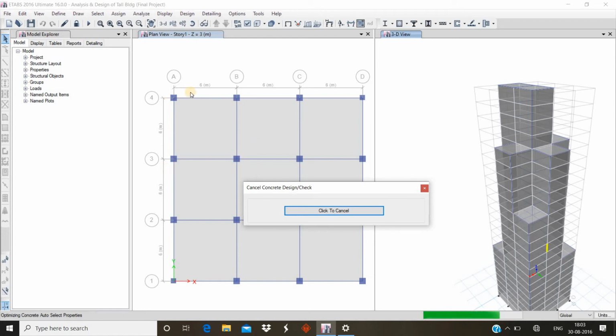If I have to make a slab there, this is a panel, and in STAAD.Pro I have to make it clockwise. But in ETABS we don't have to care about the local axis.